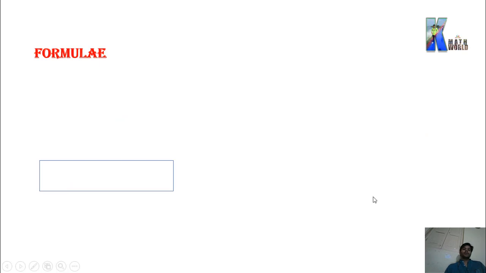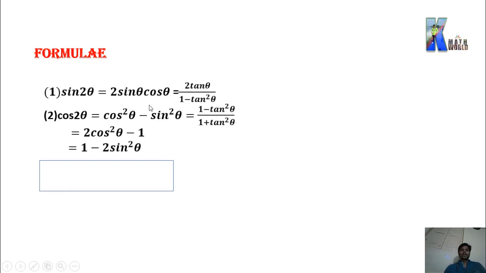Two useful formulas that you have already seen in standard 11 in trigonometric functions, sine 2 theta, already seen. Hope you remember it properly. So here we will use this formula. Highlighted in red, you can see this is the most useful and most applicable formula in standard 12. In differentiation you can also apply it, in integration, and in inverse trigonometric functions also. So this is the most useful formula. 1 plus cos 2 theta equals 2 cos squared theta, 1 minus cos 2 theta equals 2 sin squared theta. So remember it properly.